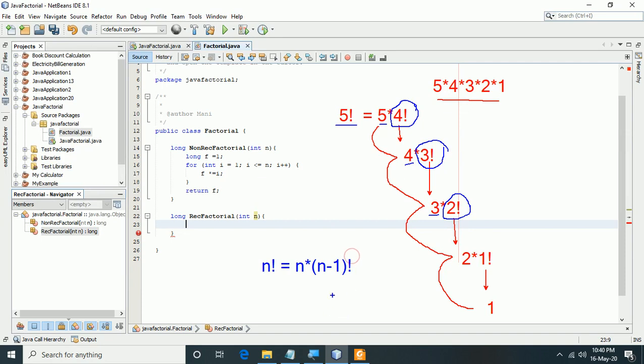What is factorial of n minus 1? Factorial of n minus 1 is n minus 1 into n minus 2 factorial. How long will you go? If you keep on going, you will get a point wherein you get something called as 2 into